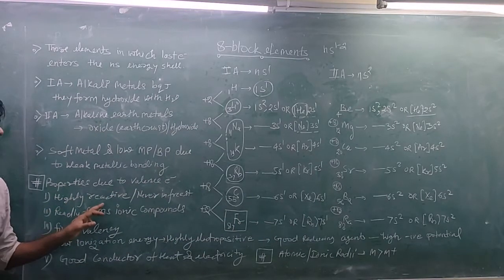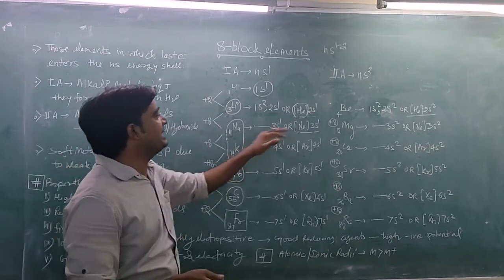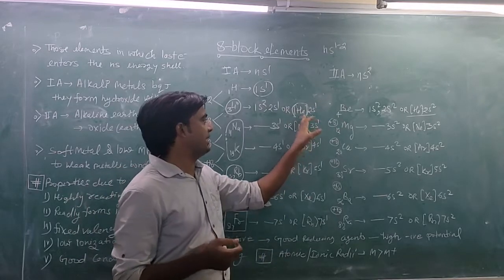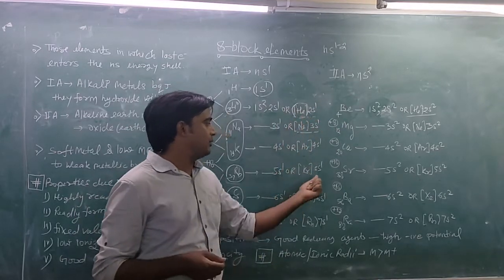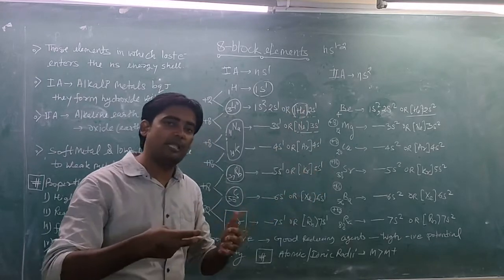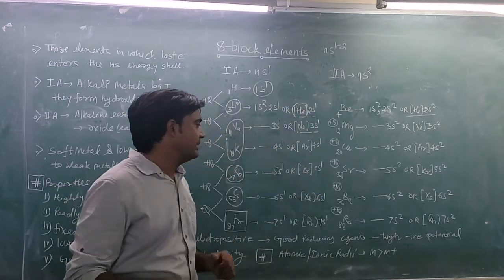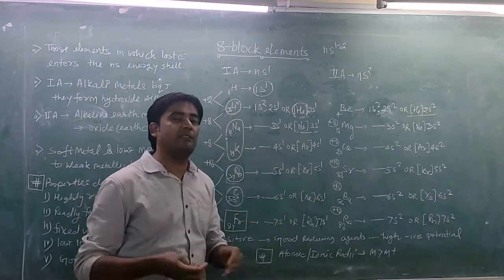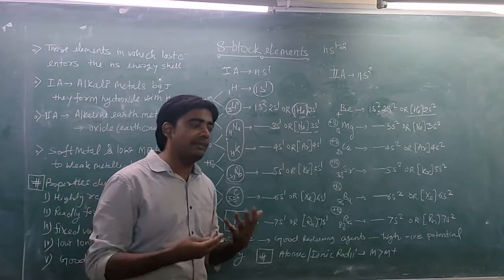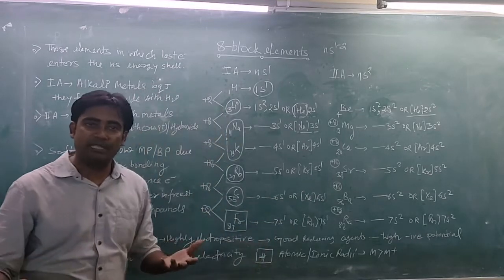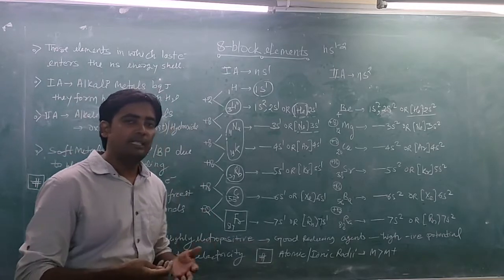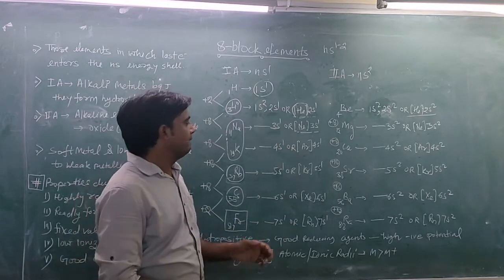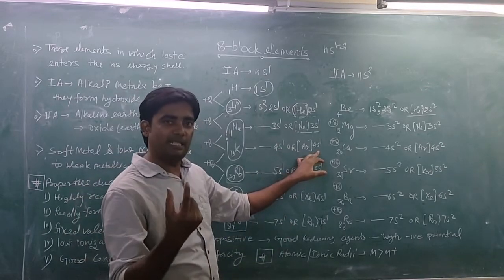These metals are very reactive because they easily remove their valence shell electron to get a stable electronic configuration like helium, neon, argon. These electrons are loosely bound and can be easily removed from the valence shell. So these metals are very reactive. That's why these elements are never found in nature in their free state, because of loosely bound valence shell electrons.